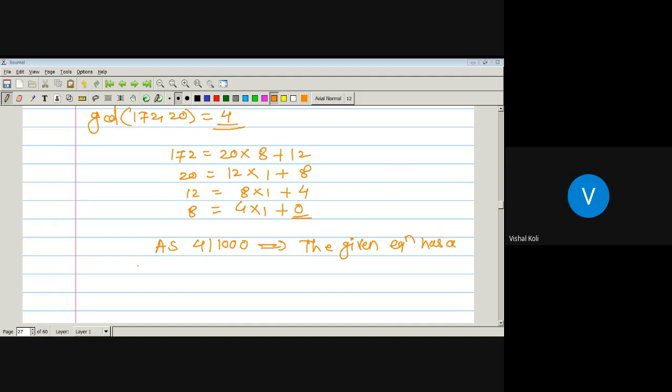As a solution, now here we have to find out all the particular values. From the particular values we have to find out all the remaining solutions. So first we require our particular values. So for that one, we will